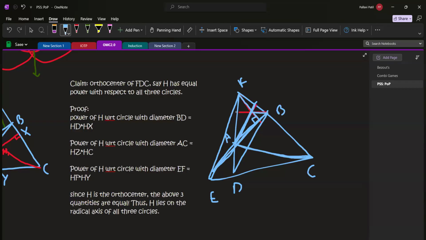And because this angle is 90, we are going to get that it lies on the circle with diameter BD. So for each of these three circles, we want to have one thing that lies on it. That's the idea. So we have EF,